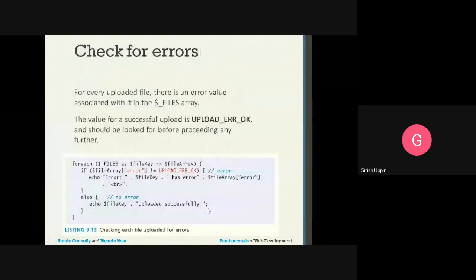Checking for the errors. For every uploaded file, there is an error value associated with it in the $_FILES array, and the value for a successful upload is, as we already saw, 0 or UPLOAD_ERR_OK, and it should be looked for before proceeding with any file processing. How to do that?